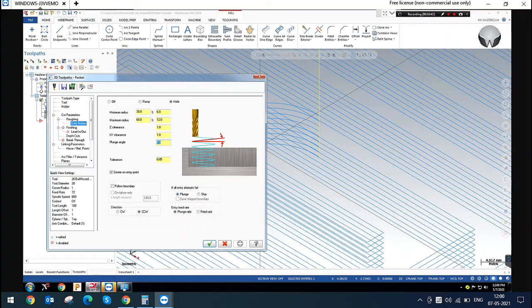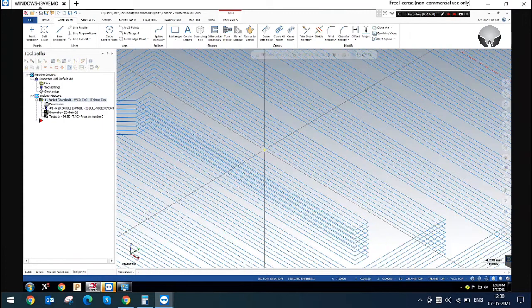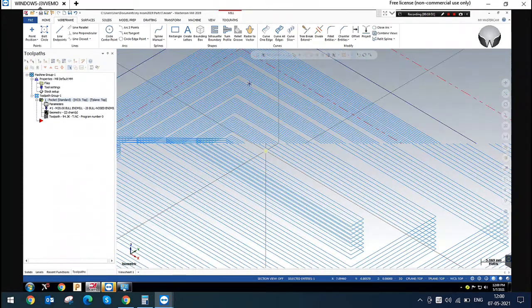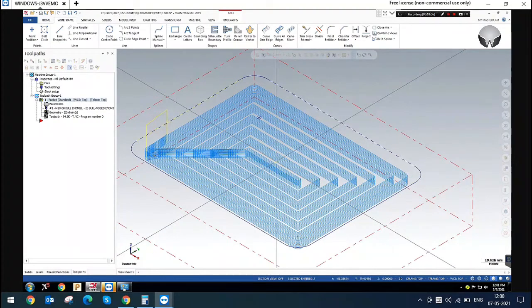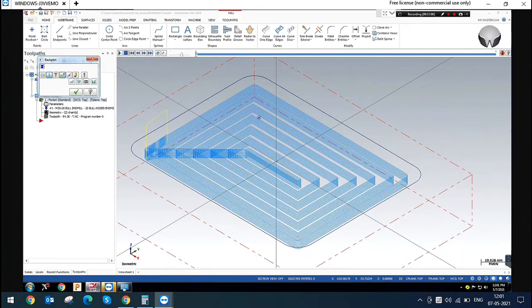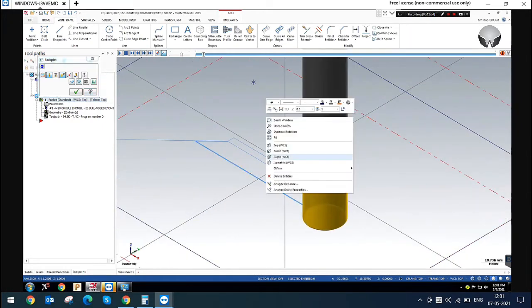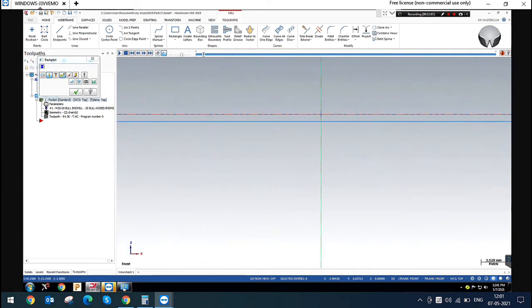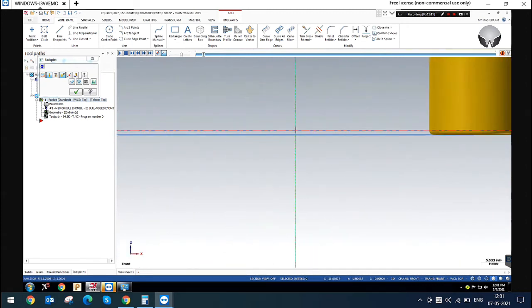So if you don't want this helix, you can simply enable the follow boundary option. You can see there is no helix. The ramp will be created along this entire circle motion, chain motion. You can see this is the ramp. This is the ramp, brother. First point. See, you can see this.